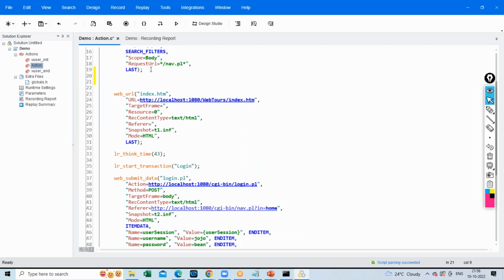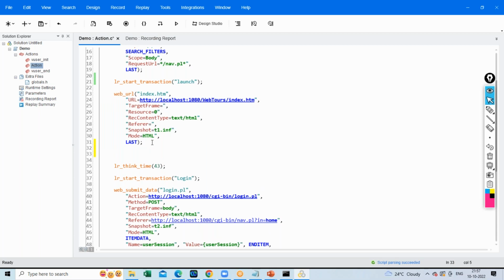For example, here I can write lr_start_transaction, and here in double quotes I can write "launch". So this code is related to launch. Now, after this request, I can write end transaction for that. So at line number, let's say 32 or 33, I can write lr_end_transaction. So here I can write